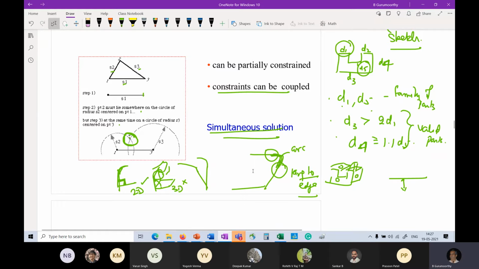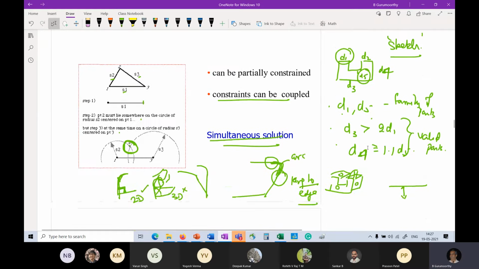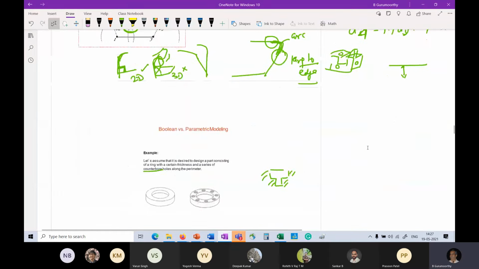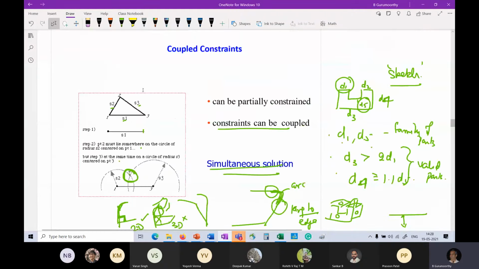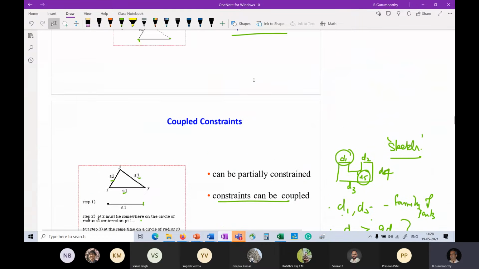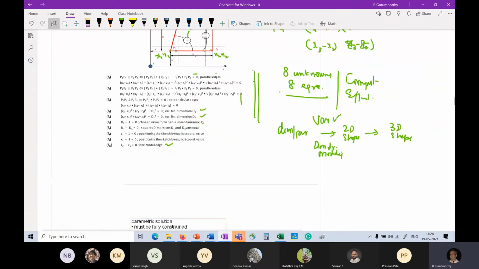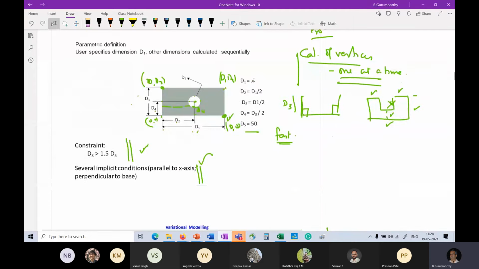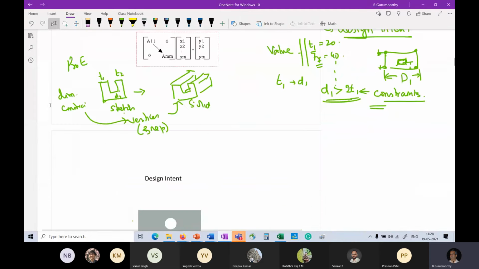And as I said, I think somewhere I might have written the sequence, I'm not able to find it now, but you start with a sketch, which is defined by these parameters and constraints, and then you sort of sweep it to get the 2D. Maybe it is somewhere over here. Let's see. Oh, it's nowhere here. Here. Right. So you have these dimensions and constraints to flesh out the sketch in the form of a 2D BREP, and then you can do extrusion or sweep or revolution to get the solid, and then you can further manipulate the solid in your system.